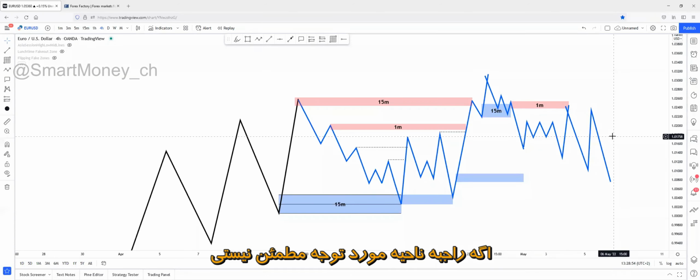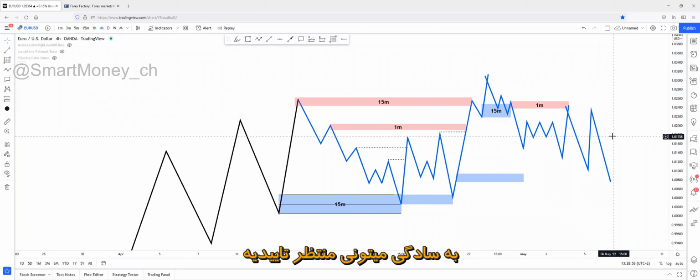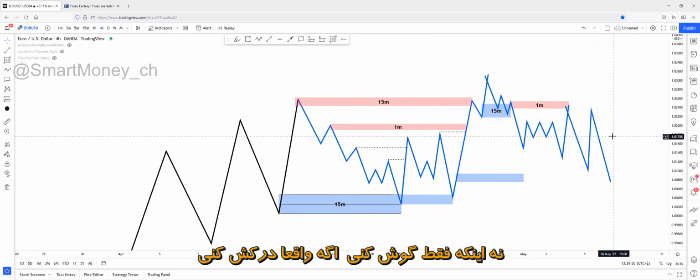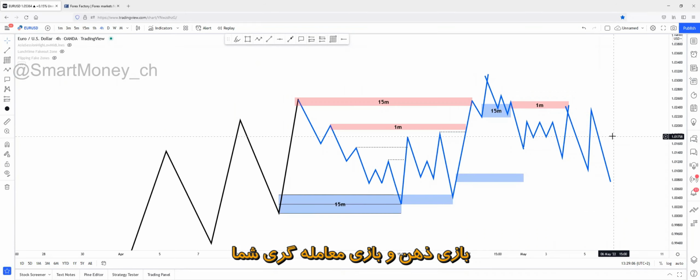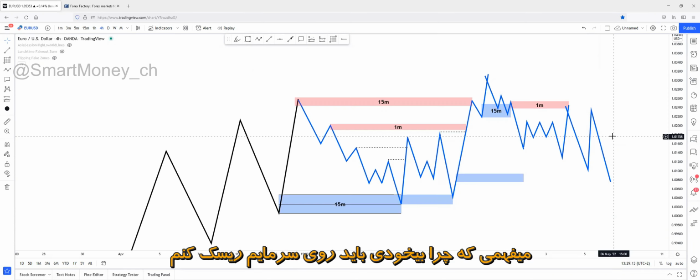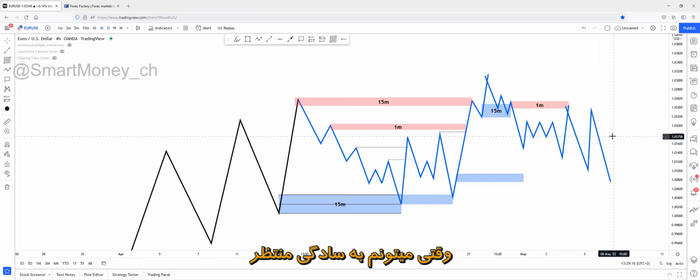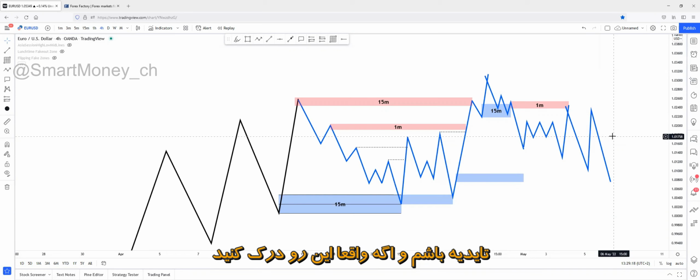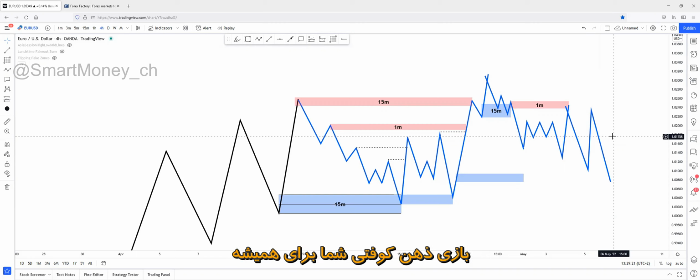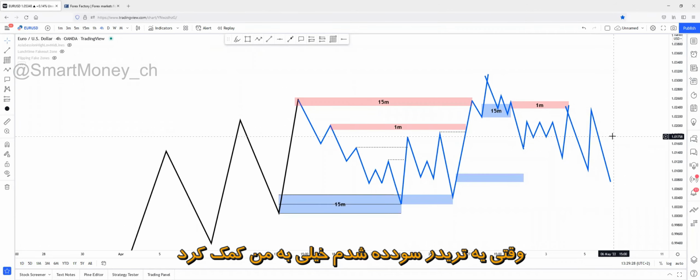If you are insecure about the POI, if you are insecure about any setup, any zone, you can just simply wait for confirmation. And if you truly understand this, and not just hear this, then your mental game, your trading game will change for sure. It will change for good, because you realize why the fuck would I risk my capital when I can just simply wait for confirmation? Believe me, this helped me a lot back then when I became profitable. This helped me a lot.